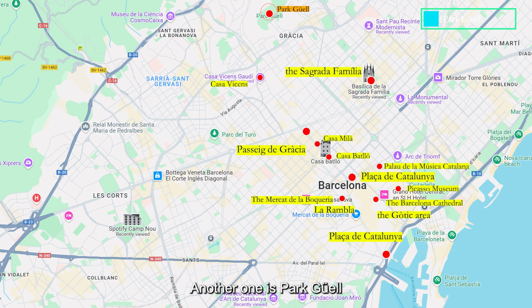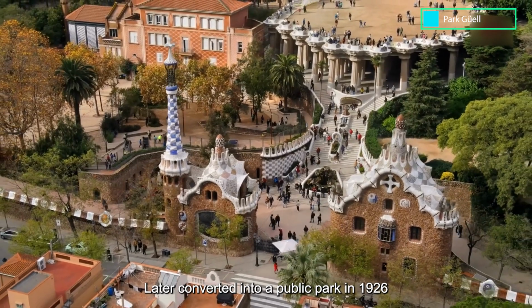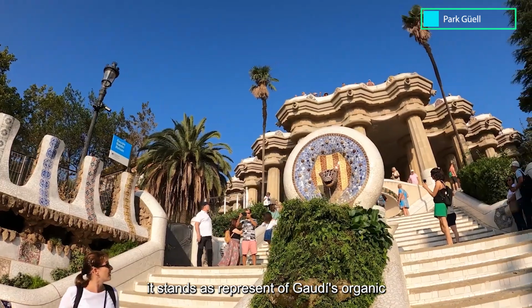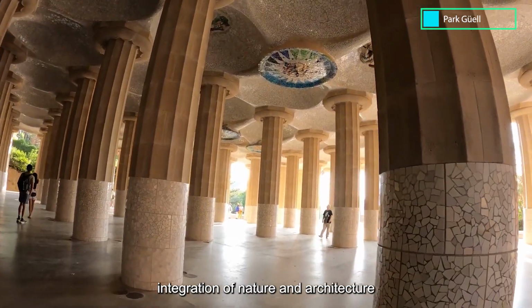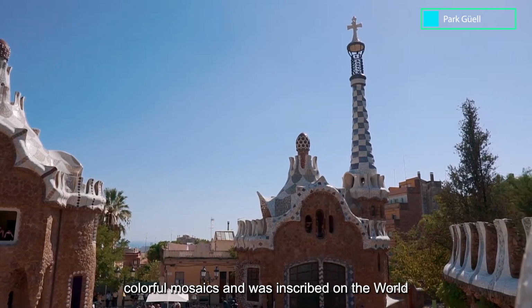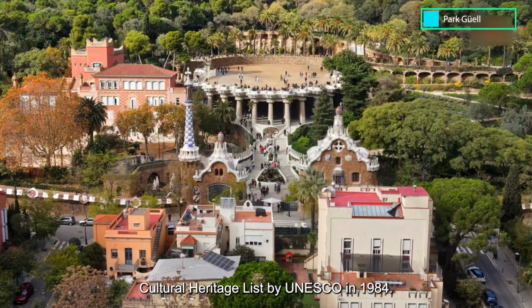Another one is Parc Güell, originally designed by Gaudi as a private residential project for the Güell family. Later converted into a public park in 1926, it stands as representative of Gaudi's organic integration of nature and architecture. The park features various buildings decorated with colorful mosaics, and was inscribed on the World Cultural Heritage List by UNESCO